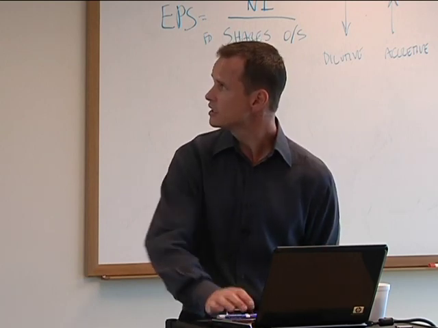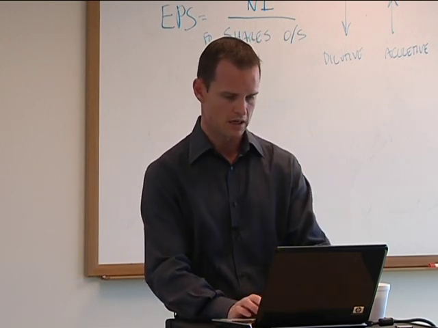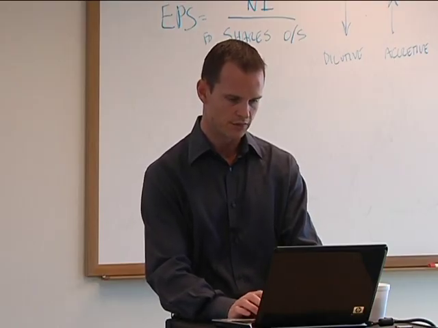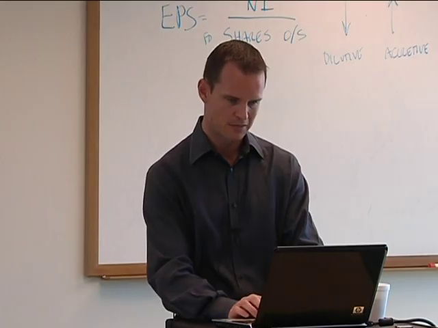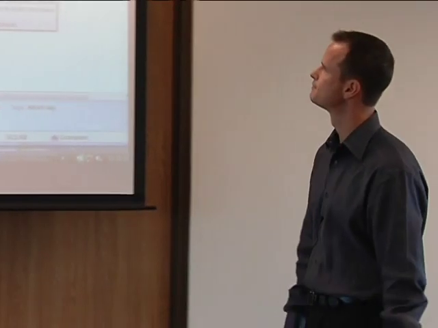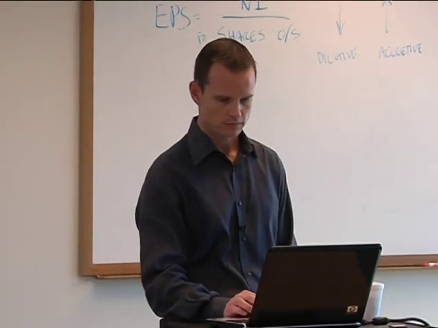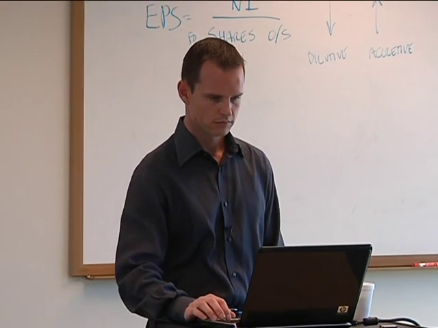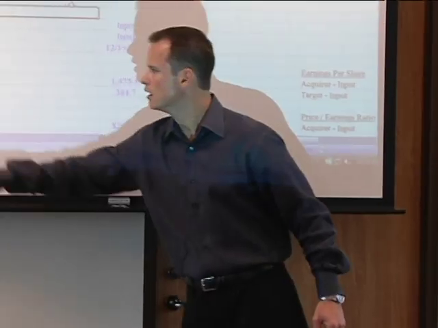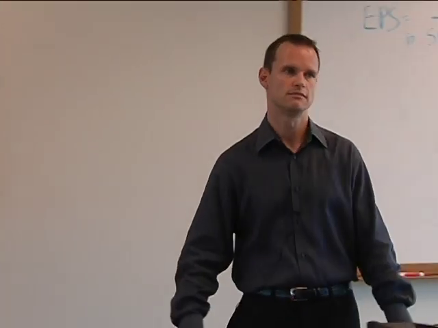All right, so let's actually, before we get into any of this, let's open up the model. I want to show you what the model looks like. So if you go into your 6-7 merger modeling folder, what you're going to do is open the accretion dilution Kraft Kellogg shell file. And this is actually what we're going to be working in a few minutes. If you want to open that up, we'll just walk through and show you what's contained in here. First thing I'll point out is, unlike a lot of our other models,